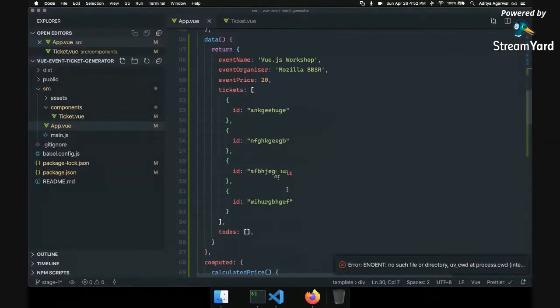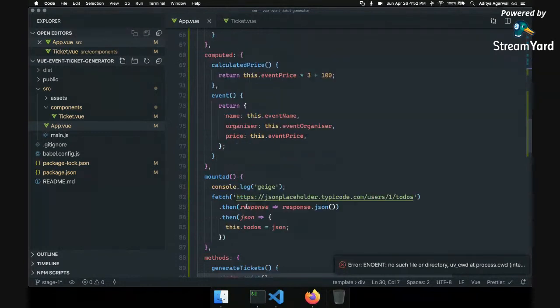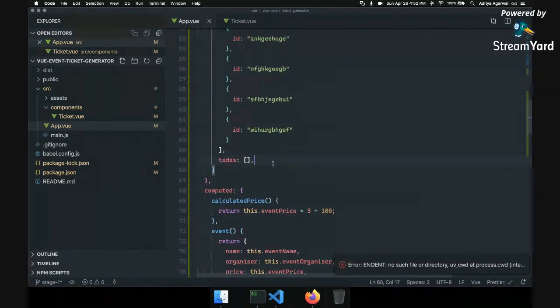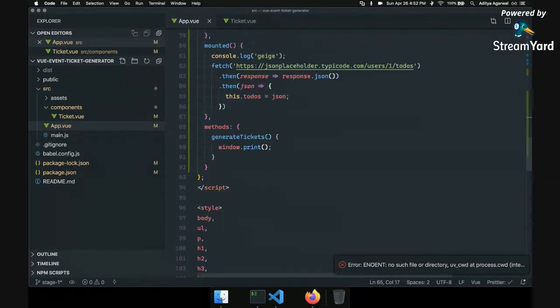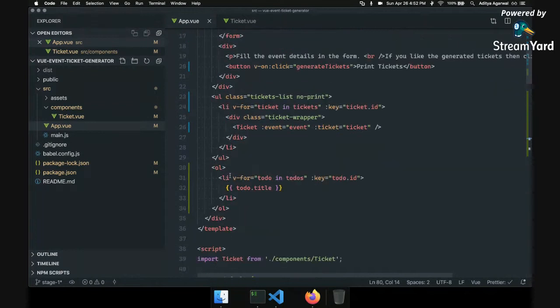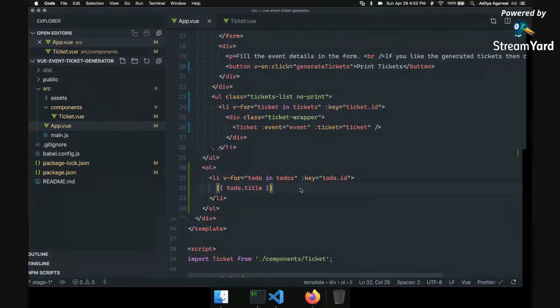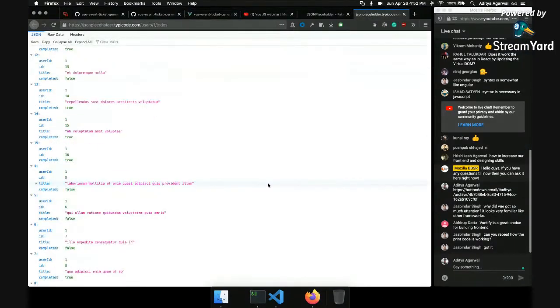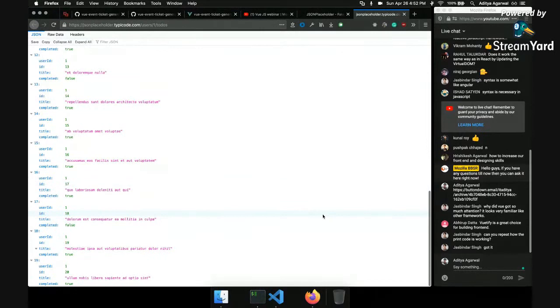So to summarize, what we did was we made a data variable todos. Then in mounted, we make a fetch call to this todos API. Whatever the response is, set the todos to that response, and then in our markup we just iterate through those todos, and we set a key and we can show the title. This is pretty much how it works.